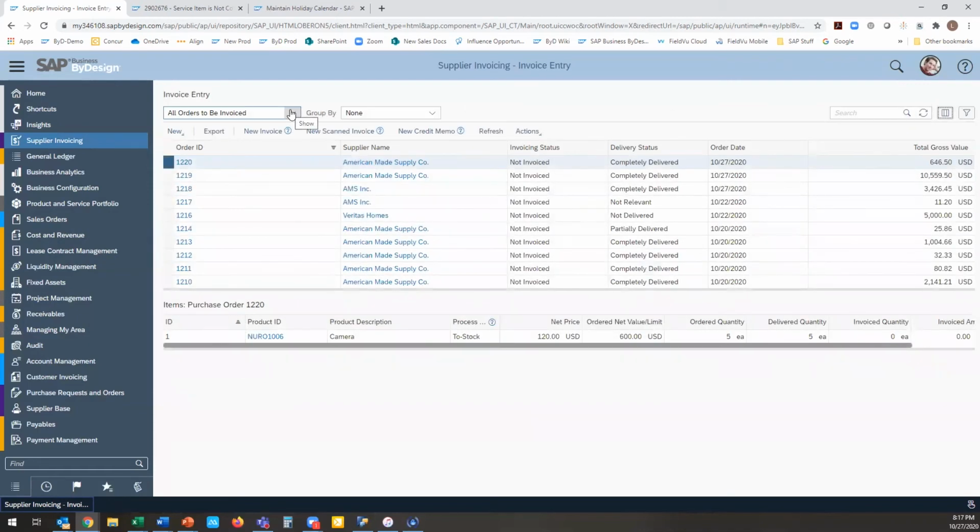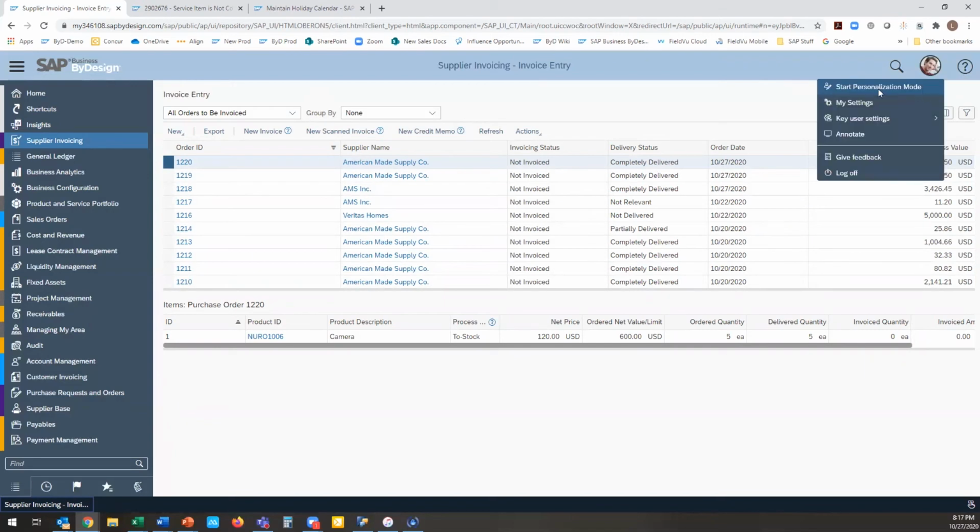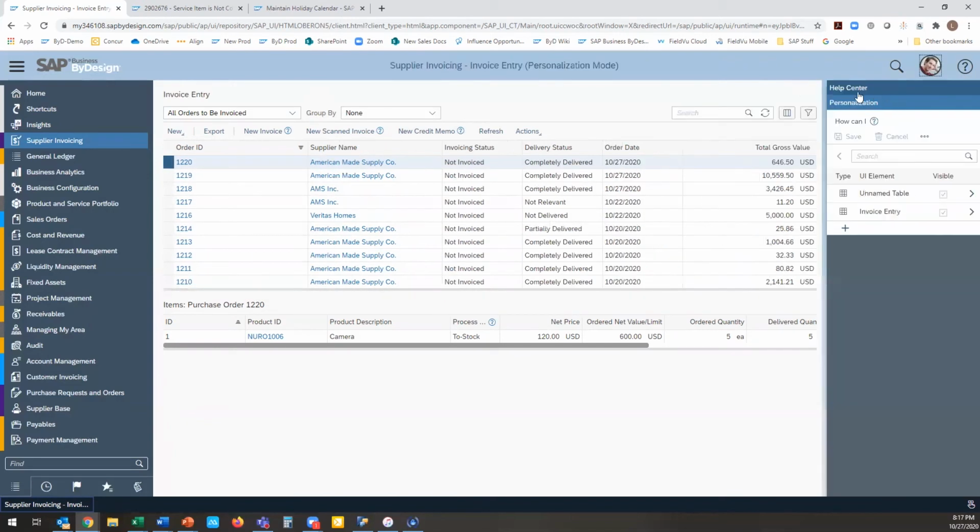Right. And so if I want to start the personalization, you'll notice again, if I jump into personalize, in this area, you've got by default the unnamed table and then invoice entry. As I hover over the different options in here, you'll see that blue bar will appear, so you know exactly where you're going to be editing your screens. So if I go into my invoice entry as an example,